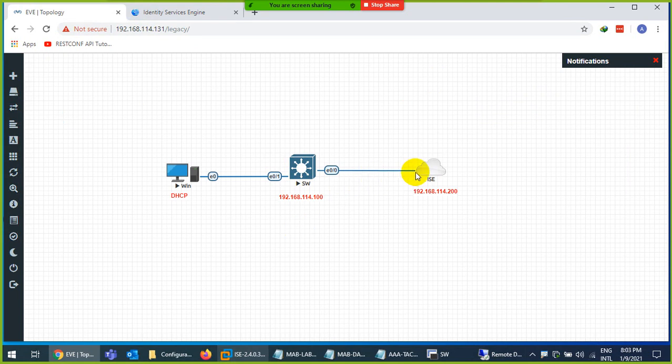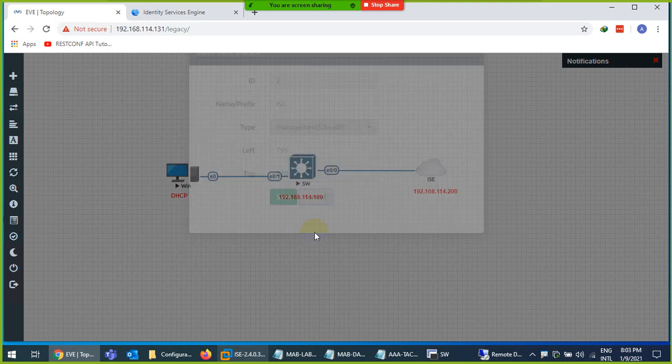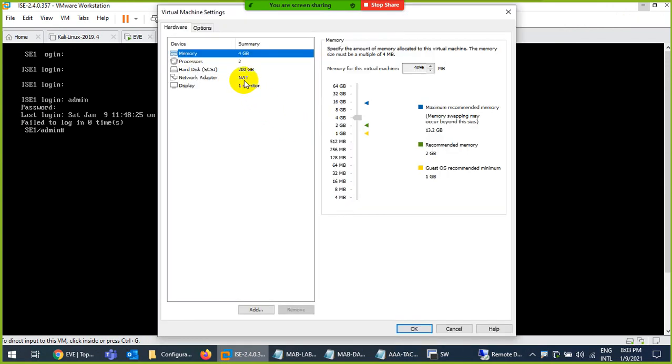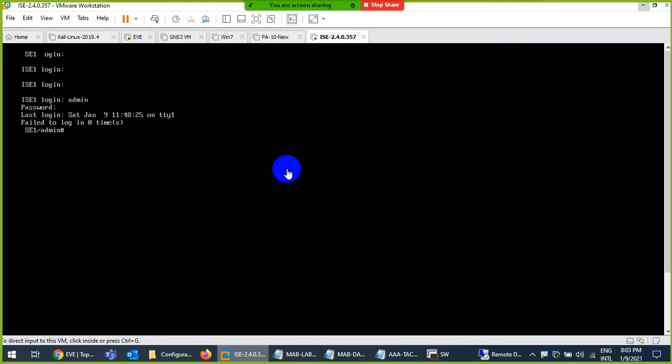It doesn't work because you need to check your interface configuration. I'm using management because my first interface is this one, NAT, so this becomes management there. If I have another interface, it will be second, cloud 1, cloud 2, cloud 3. So first you need to check which interface you are using and what your range is. I will check them remotely, then I will tell you which range you are using.